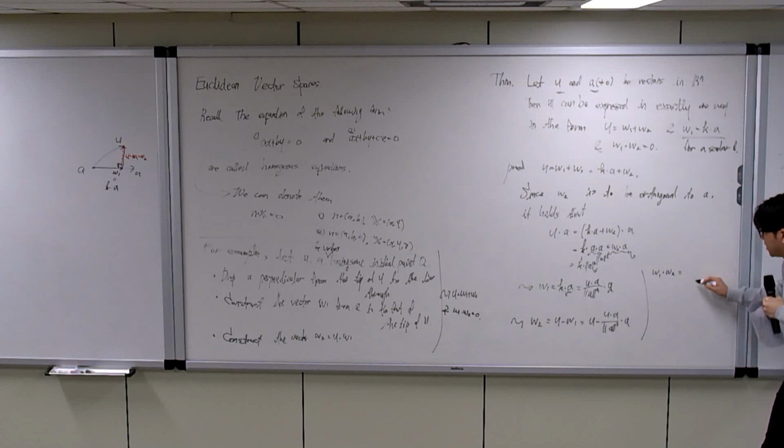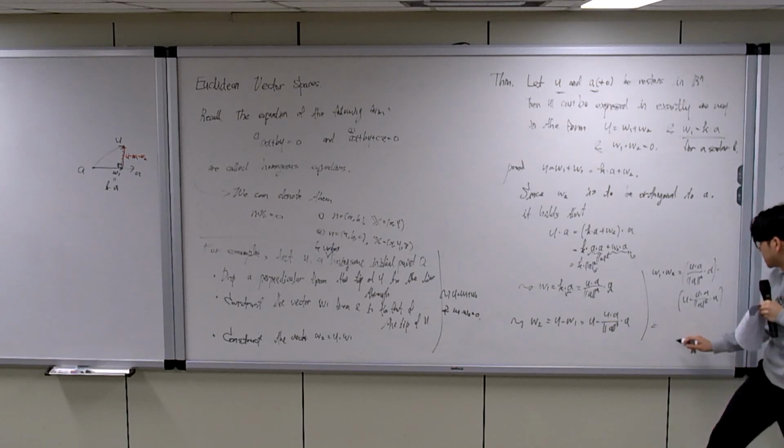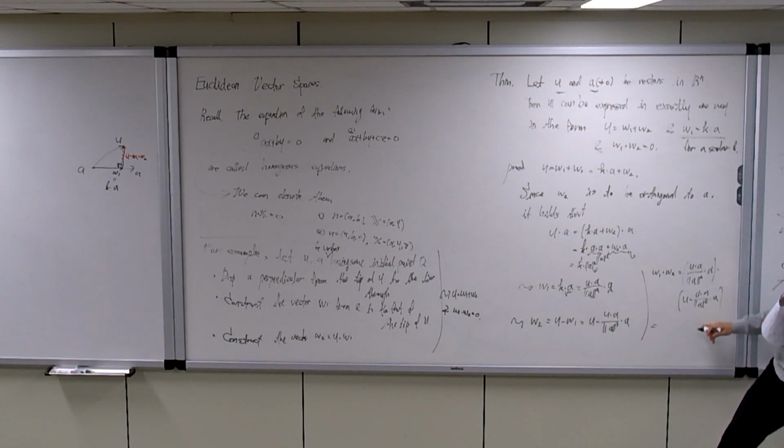If we calculate it, then it is a squared, u dot a, dot product u minus u dot a over the squared norm of a, and if we calculate it, it remains